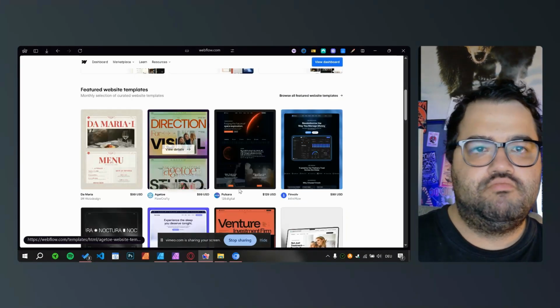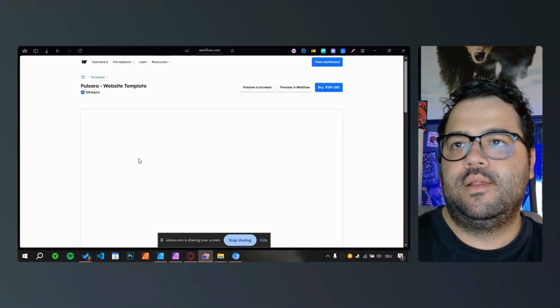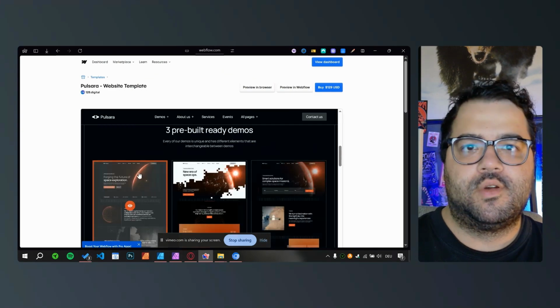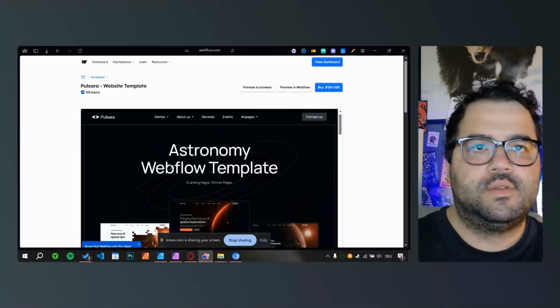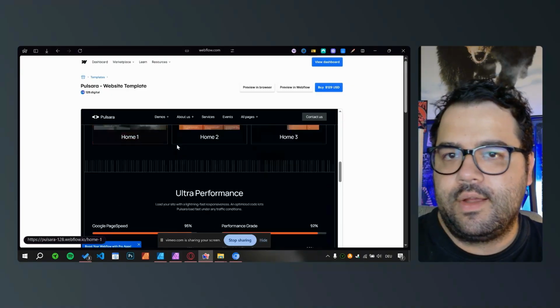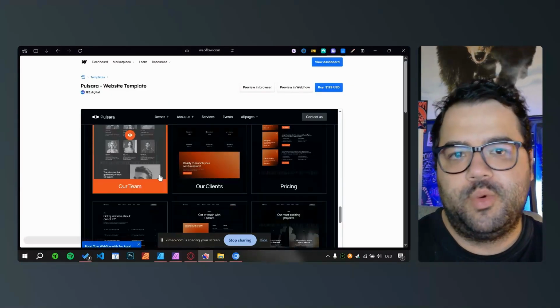So let's just choose. Let's take this Pulsara. I like the way it looks. So if I click on that, you have the Pulsara website template. It's sort of like, as you can see, a little technology, astronomy. It's dark and moody, and works well probably with